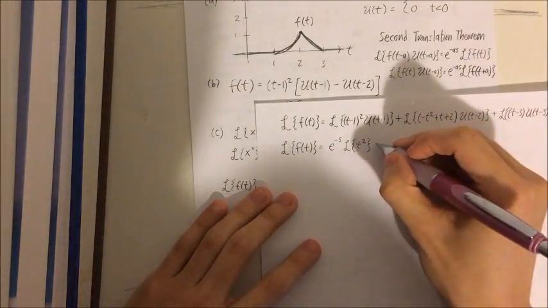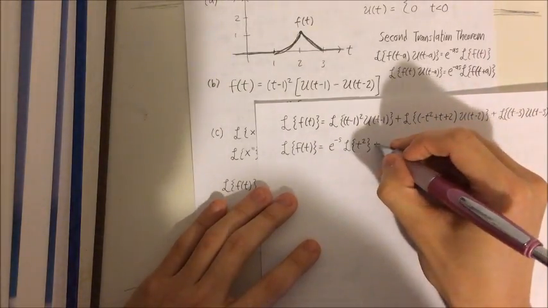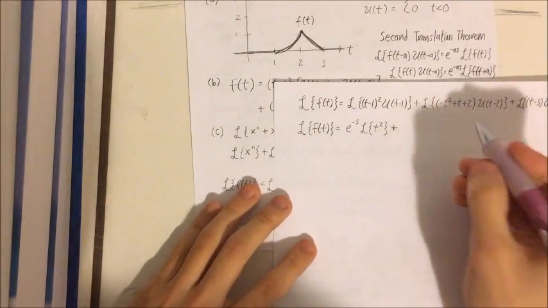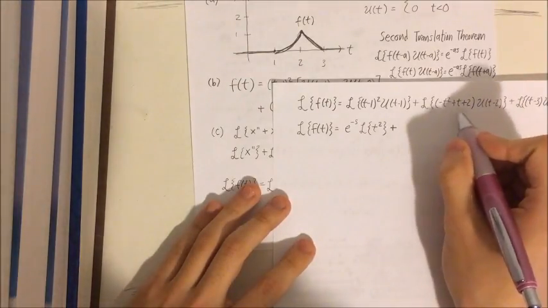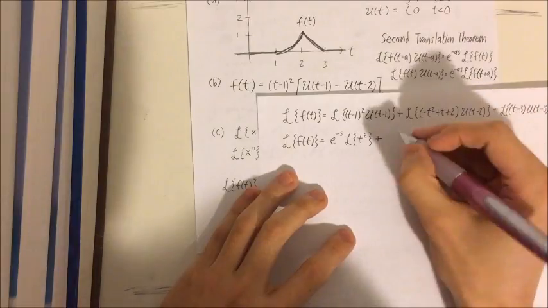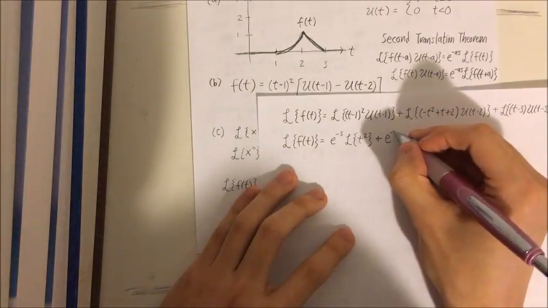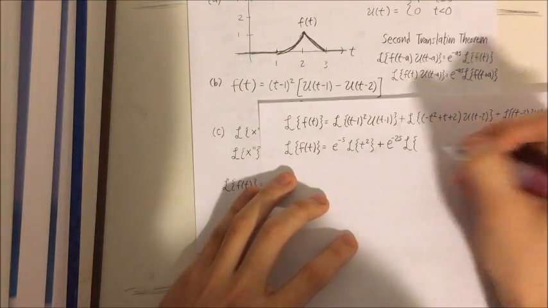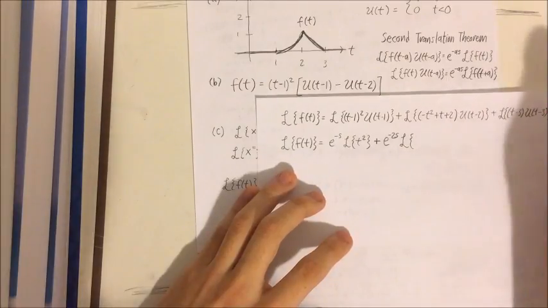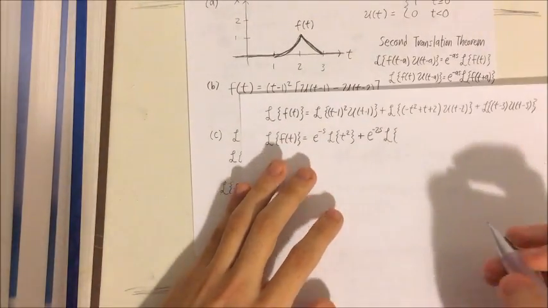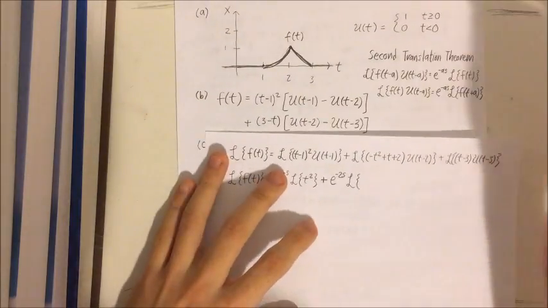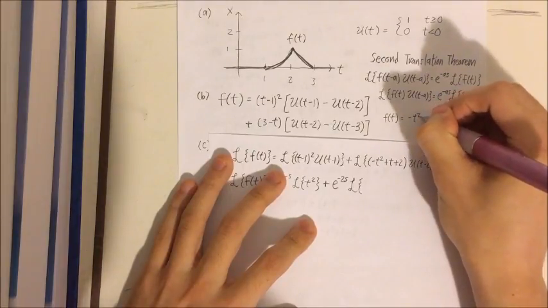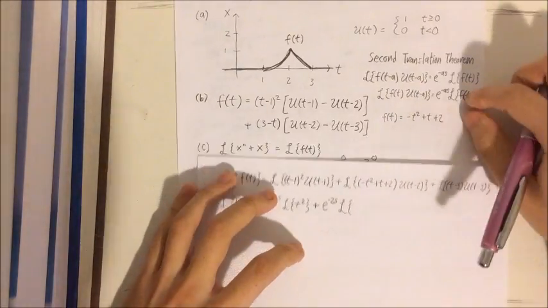Okay, so now we go on to this one. This one is going to require our second form of the theorem, because the inputs here don't agree, so this doesn't look like a t minus 2 thing. So we have e to the negative 2s out front, since a is 2 now, and the Laplace transform of f of t plus a. Well, f of t is this, so let's do a little algebra first to simplify. If we say that f of t is negative t squared plus t plus 2, then